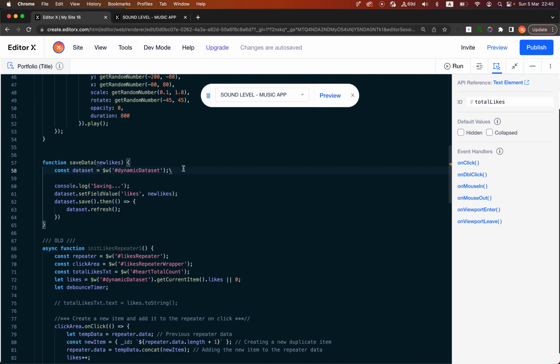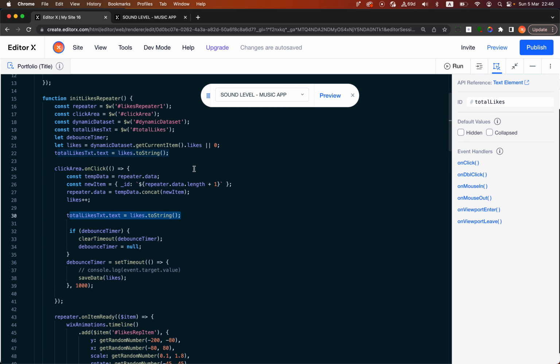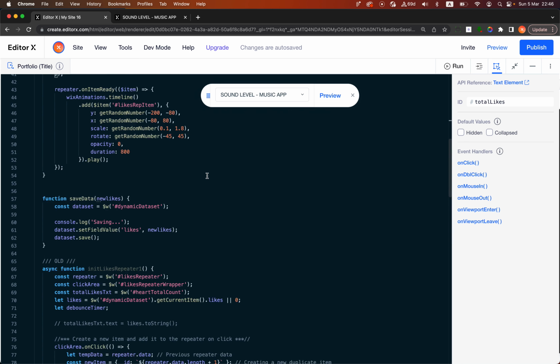So here we are basically updating the likes with a new value, and finally we are saving this information to the database. Then after the save operation is done, we are refreshing the data set. Actually, we don't need to refresh because here we are updating the amount of likes. Right, so let's test it